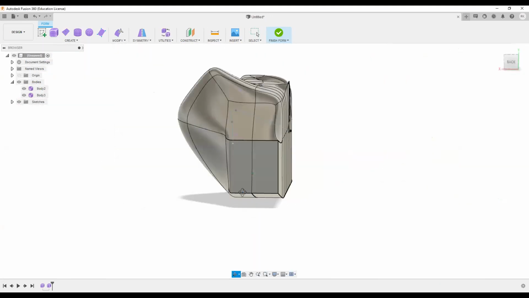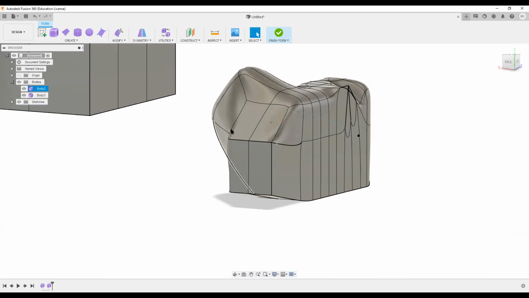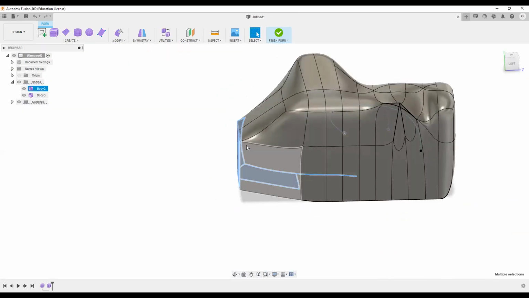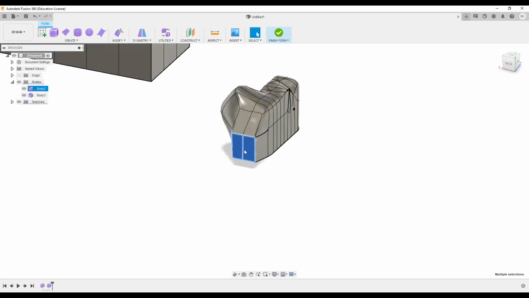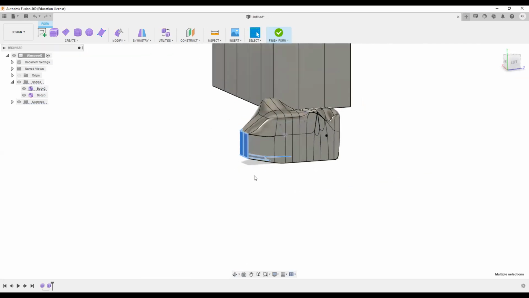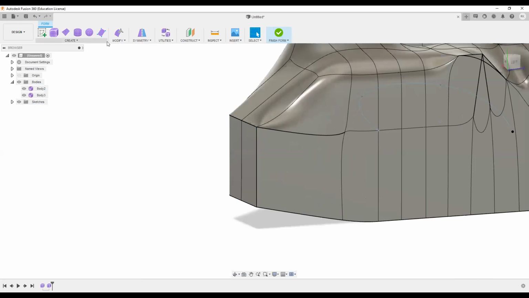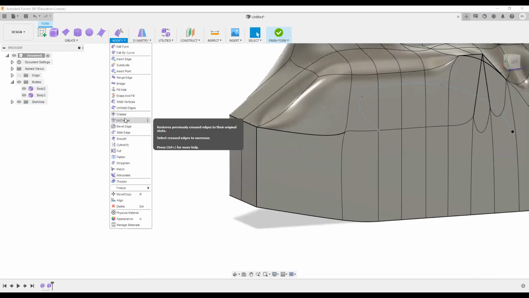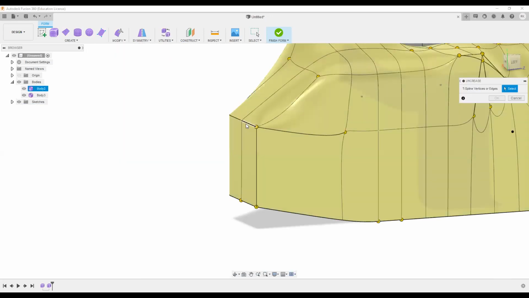Now it's visible that this particular area has become sharp and looks more boxy than a curve. The rest of the freeform is a curve, and this one has become sharp. Similarly, we can increase the sharp edges, as you can see.